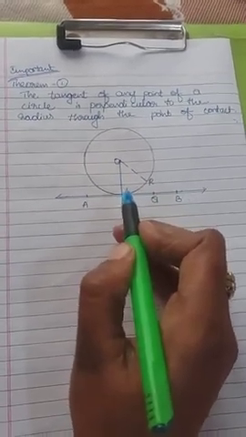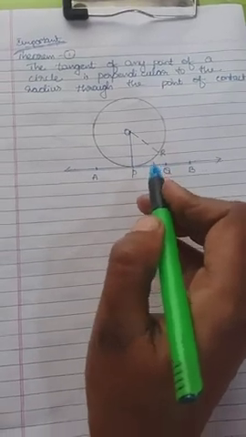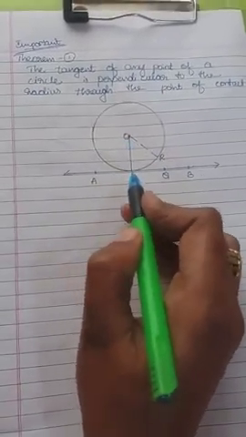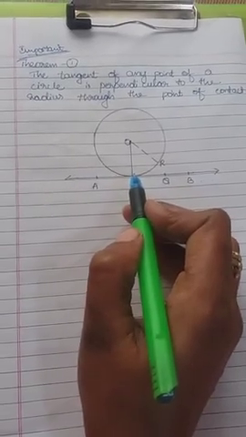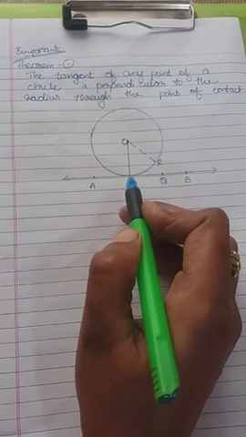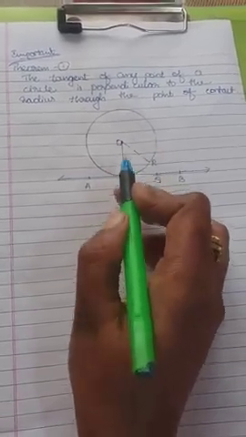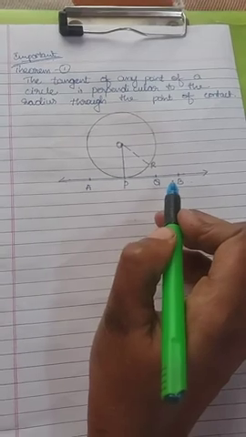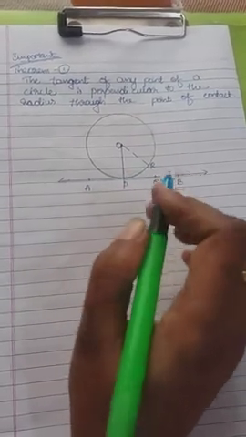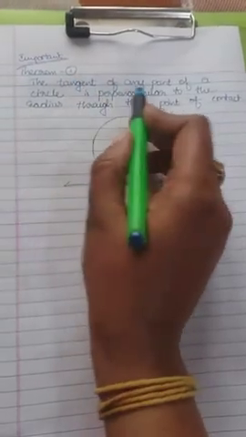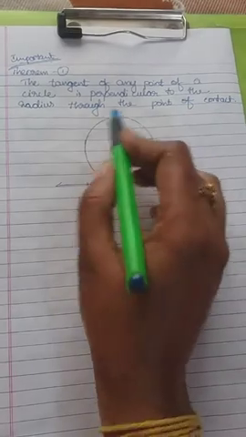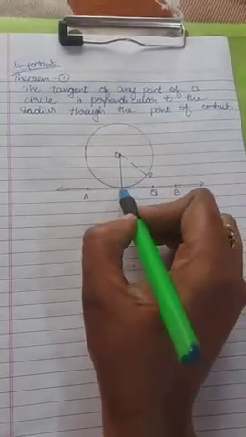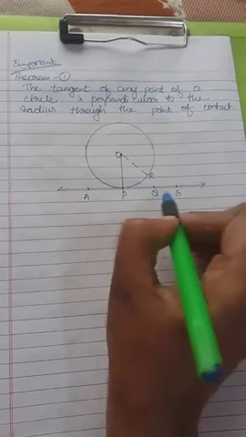Yesterday, while explaining the terms of the circle, I told you it is perpendicular. This is called the perpendicular to the radius through the point of contact. Yesterday I explained it to you, so that thing only we want to prove. I mean OP is perpendicular to the tangent AB, that is what we want to prove here. Let us take AB as a tangent, it is perpendicular to the radius through the point of contact, that we want to prove.